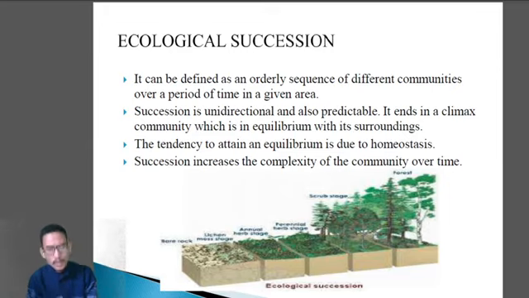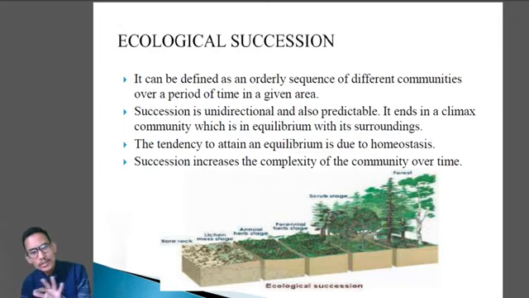So what we write: an orderly and progressive replacement of one community by another till the development of a stable or climax community in a particular area is known as ecological succession. Okay, so in a given area, the species or the community will keep on changing. One community will be replaced by another community in a given area till it reaches the stable community